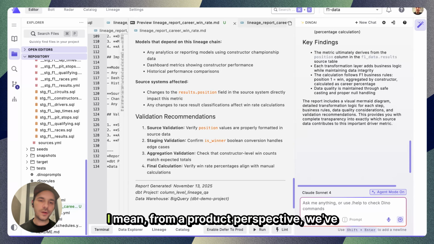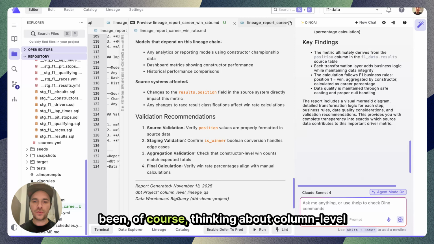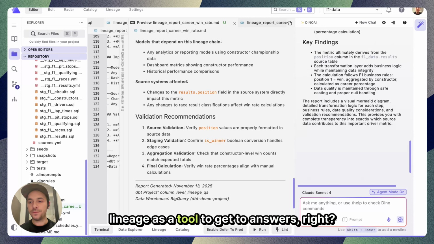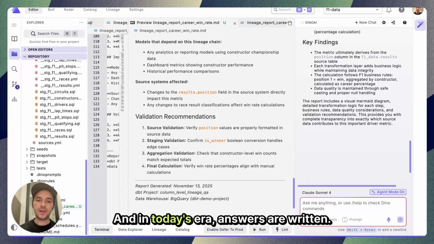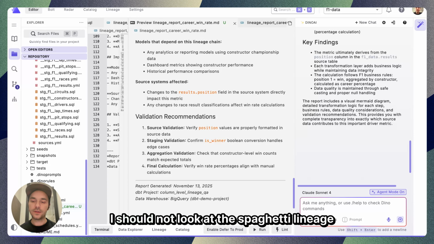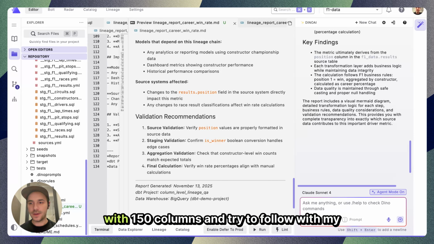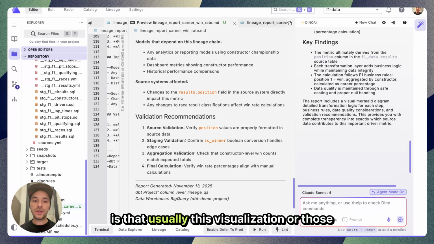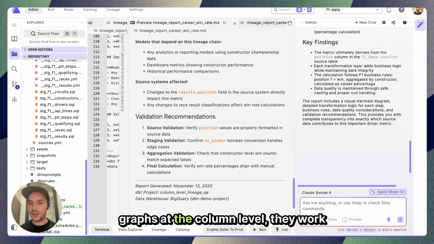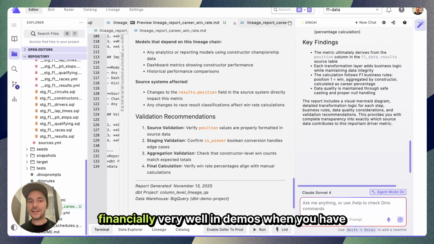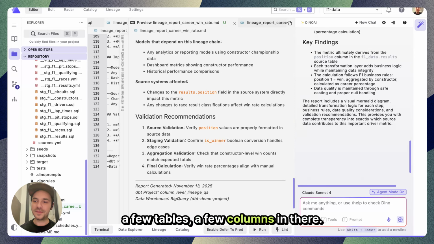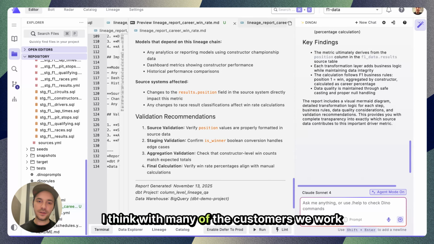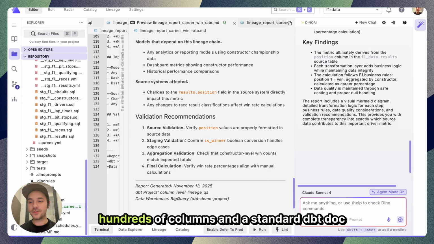Yeah, totally. So from a product perspective, we've of course been thinking about Column-Level Lineage as a tool to get to answers, right? And in today's era, answers are written. I should not look at a spaghetti lineage with 150 columns and try to follow with my finger which column goes where, right? Our point of view from a product perspective is that usually these visualizations or graphs at the column level work very well in dev, when you have a few tables and a few columns. With many of the customers we work with, the reality is that tables have hundreds of columns,